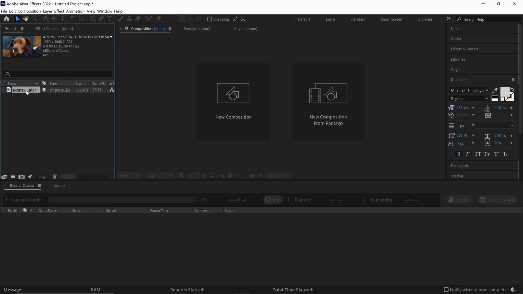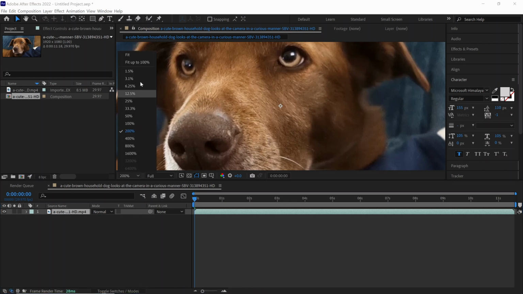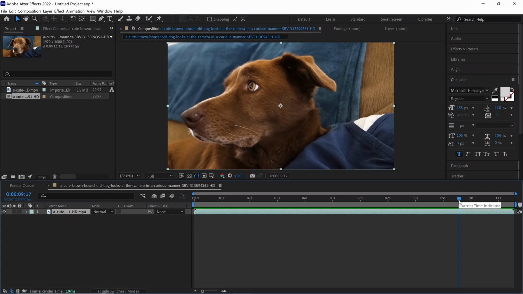We want to create a new composition, and we just drag it right here so we can create a composition that has the properties of that particular clip. We have a lovely dog here. I don't know the owner, but we want to put a tattoo here just as well. I want to get the best frame where the dog's face, or the surface that I want tracked, is facing the camera, and I need to mark that frame so that I can also use it in Mocha